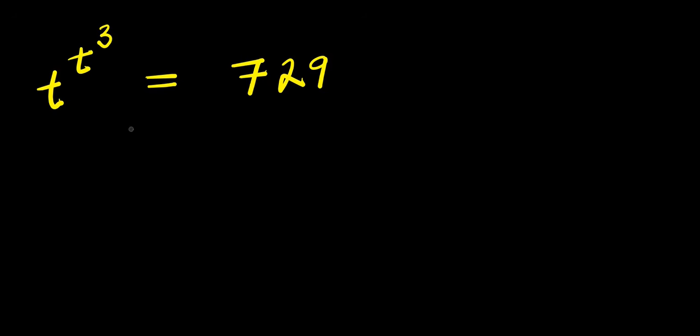Hello, how to solve this exponential problem? This is t to the power of t to the power of 3, and this equals 7 to 9. So we are solving for all values of t that satisfies this equation. Now, let's start with this particular method here. That means I can say